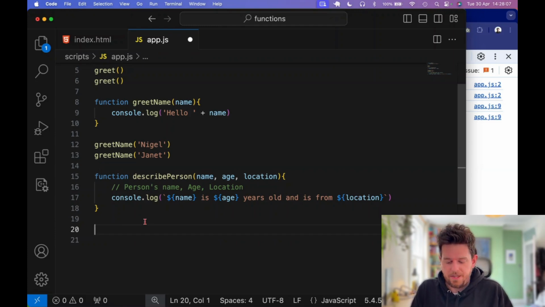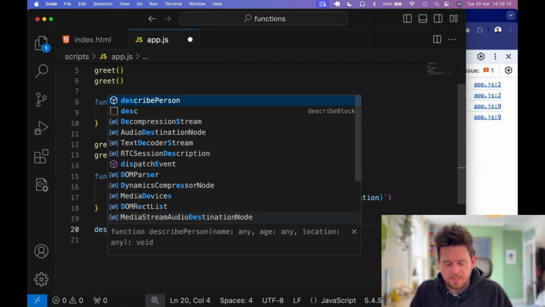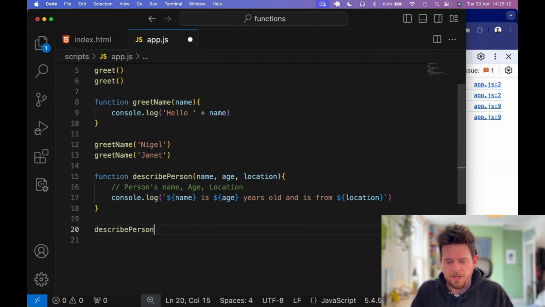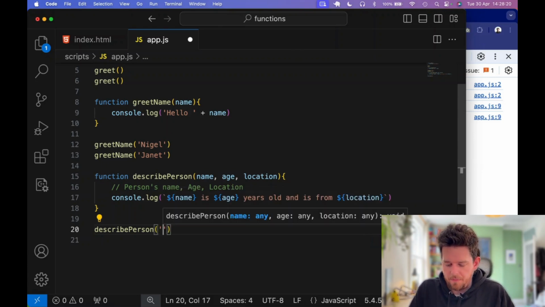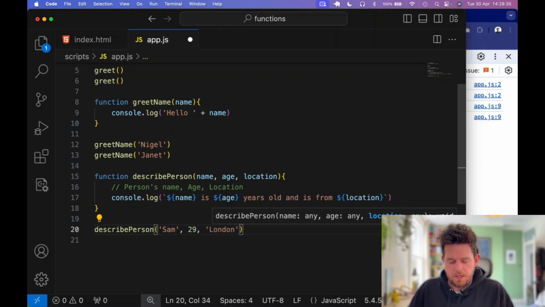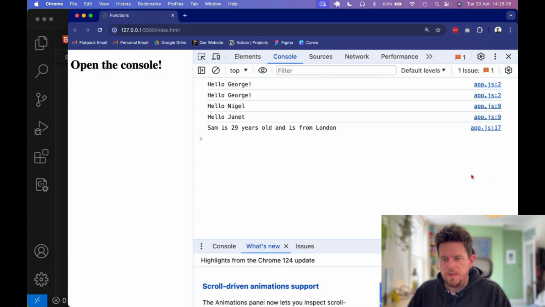Otherwise, let's continue. So what we'll say here is describe person, and of course I can use autocomplete there. We add our parentheses in order to call the function, and then we can just add our name. So in this instance, we'll say Sam, and Sam is 29 and is from London. If I save that now, you'll see that we were able to pass in all three of those arguments